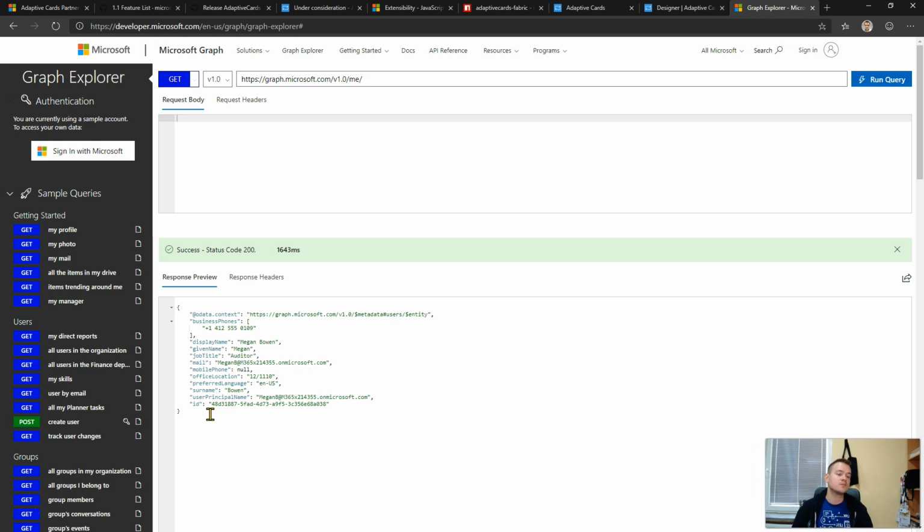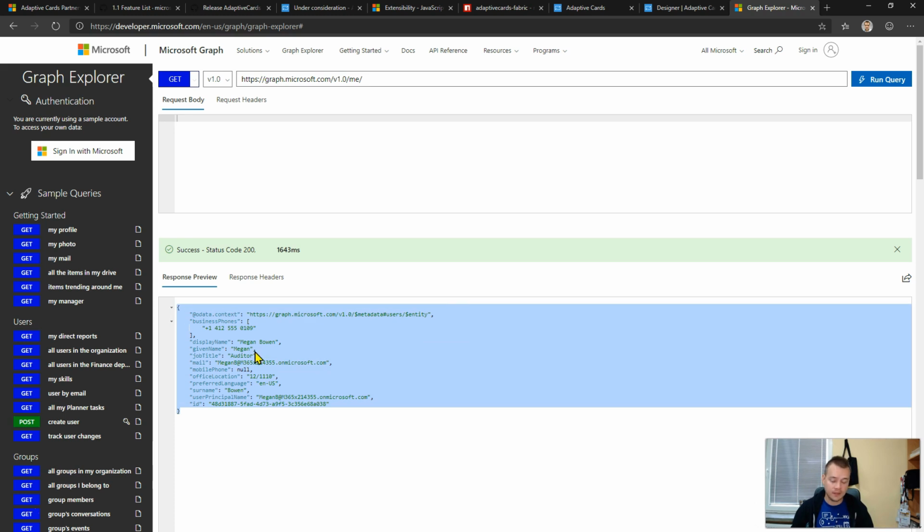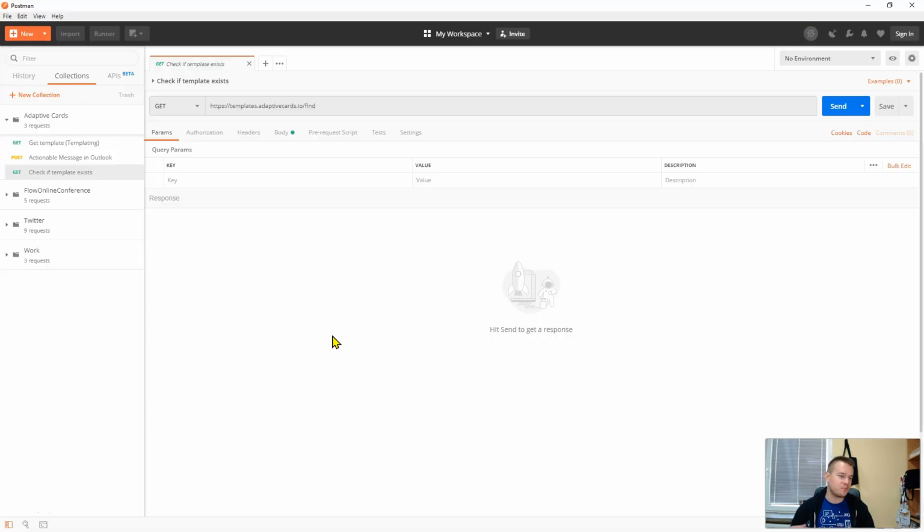So basically, of course, you can craft this adaptive card by yourself. You can define the look and feel. However, you can already have this template defined, right? And then simply just grab it and display the adaptive card ad hoc. Nothing easier. So to achieve that, the templating language has a new feature that allows you to post this